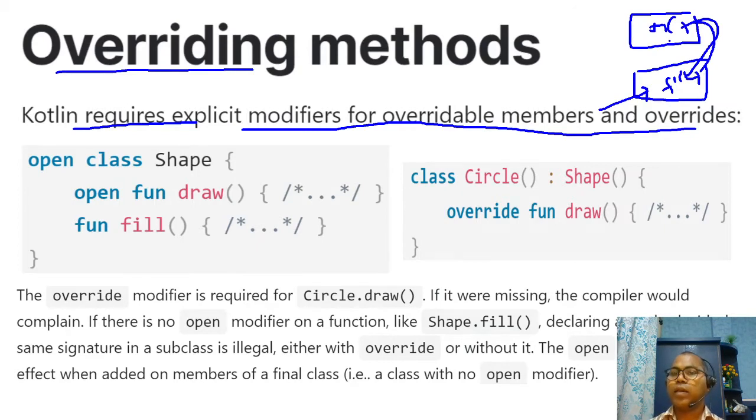But if you don't want the definition given by your superclass, because it is not valid for your subclass, you want to override it. You can define the same signature method inside your subclass with the new definition. That new definition is known as overriding, meaning you are giving a new definition to the method you are inheriting from your superclass. If your business logic is the same, you don't need to override. So let's see an example.